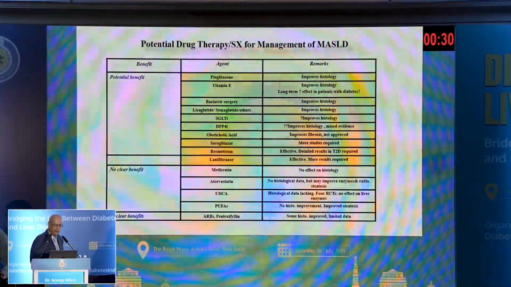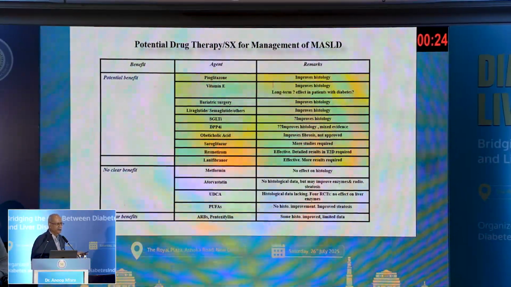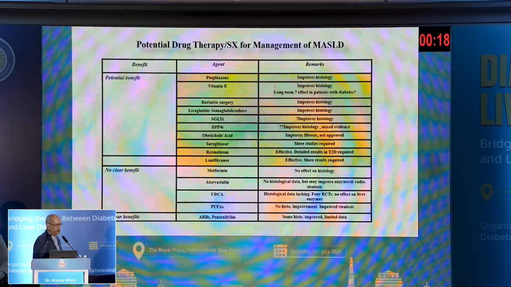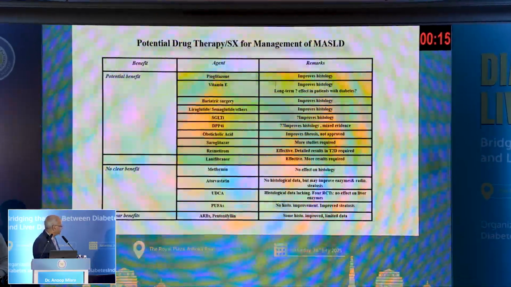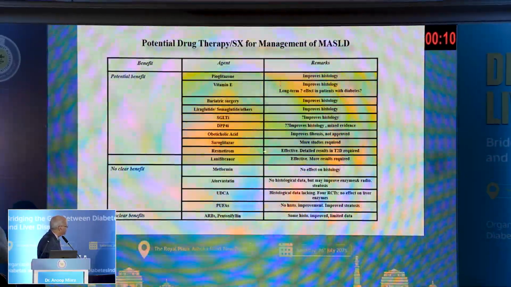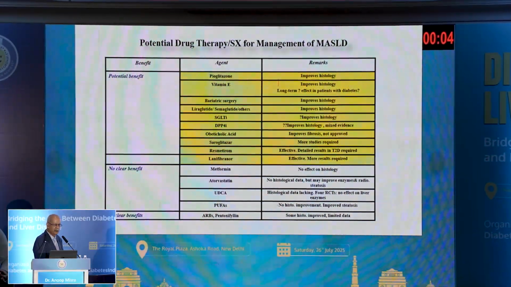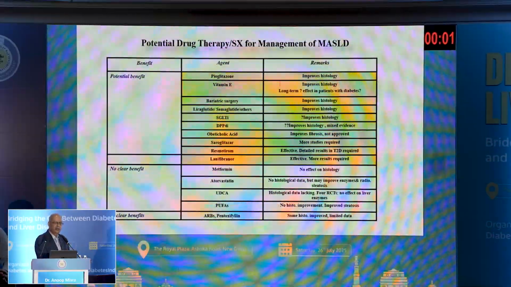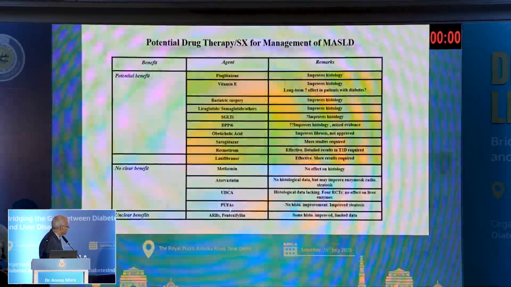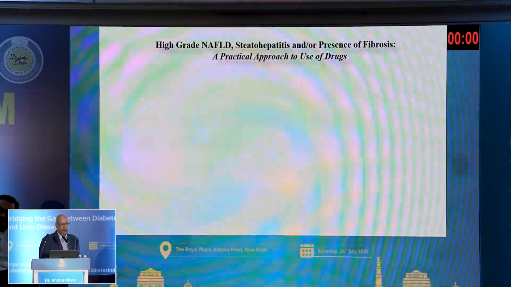Obeticholic acid, yes, but it has not been approved. Saroglitazar, I'm personally not convinced. None of the other people were convinced either, so we put down that it needs more data. Longer-term data are clearly needed, and there is no convincing biopsy-proven data at this point. Resmetirom, lanifibranor, of course, also need more data as far as type 2 diabetes is concerned, but whatever publications are there included patients with type 2 diabetes. There is hardly any role of metformin and atorvastatin.